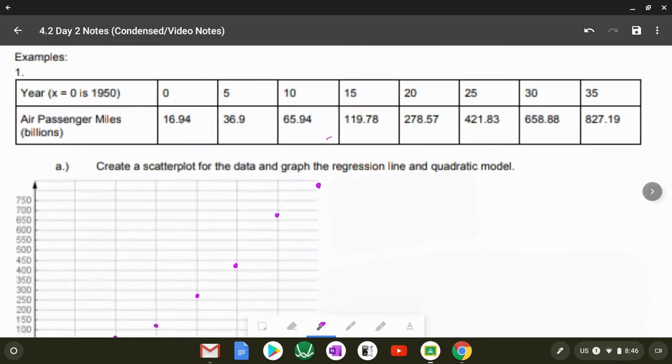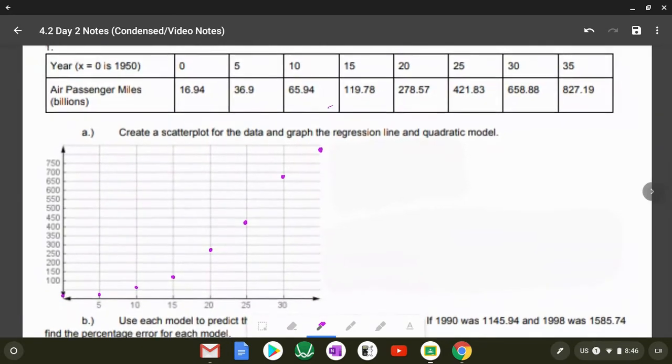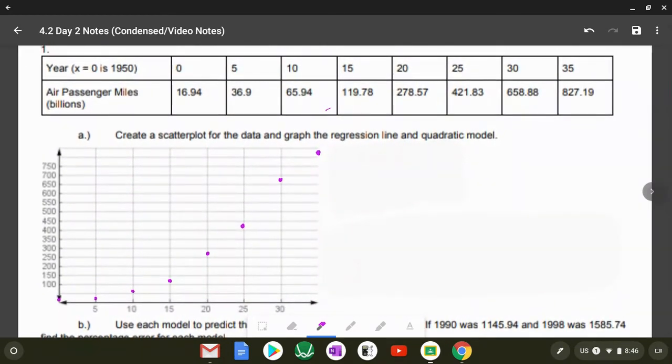So if we look at example 1 here, they give us a bunch of data. Just like we did yesterday, the most important thing is to plot that data. We'll give you a graph. Make sure your scales on the graph are good. In this case, we have the scales given to us. Now, if we look at this graph,